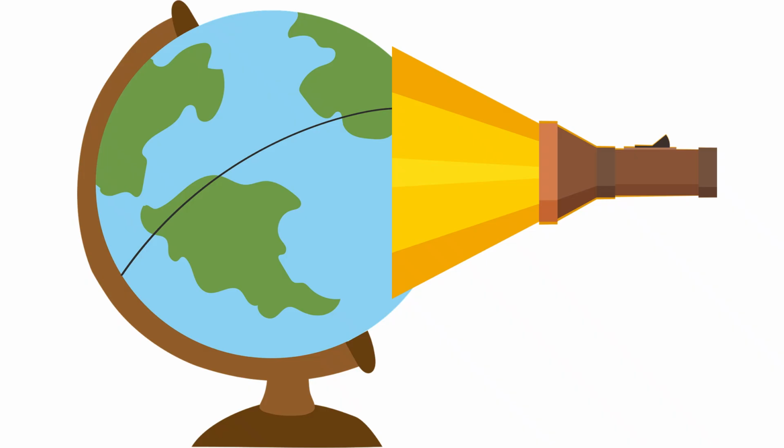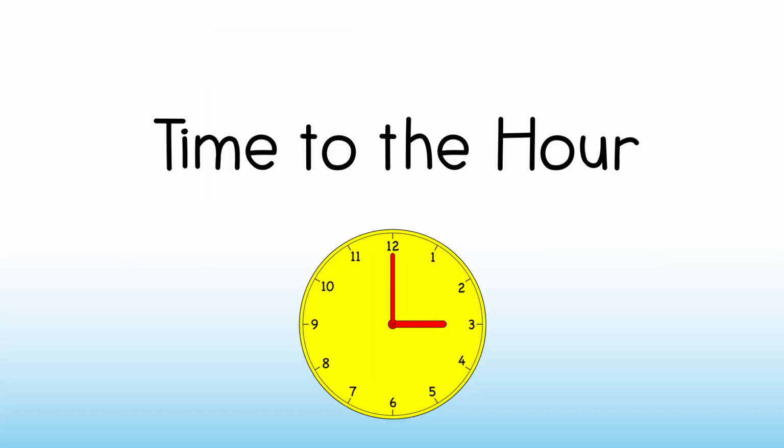Help them understand this by giving examples of what 24 hours means, such as from the time school starts one day till the time it starts the next day, or from bedtime one night to bedtime the next night. Make it as concrete as possible and use multiple examples to do so. This leads into a discussion about time to the hour and how there are 2 of each time every day,